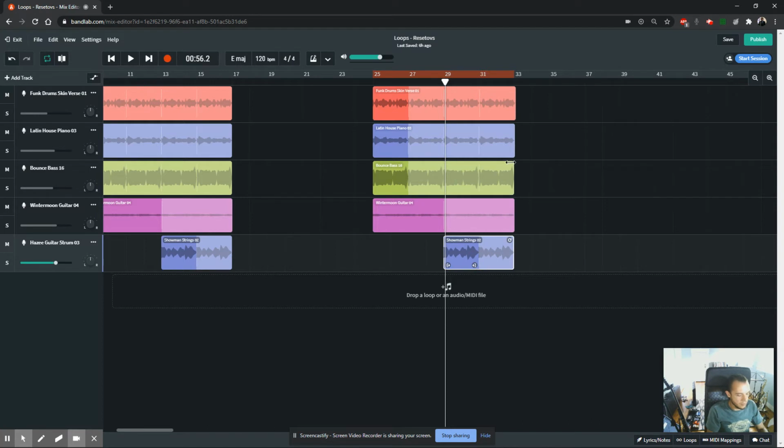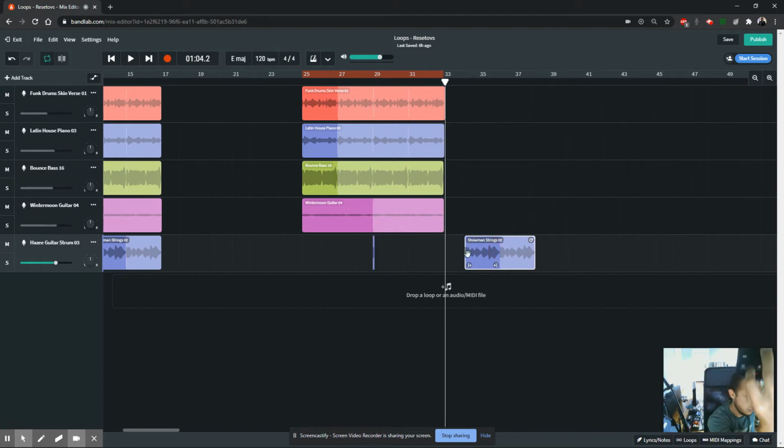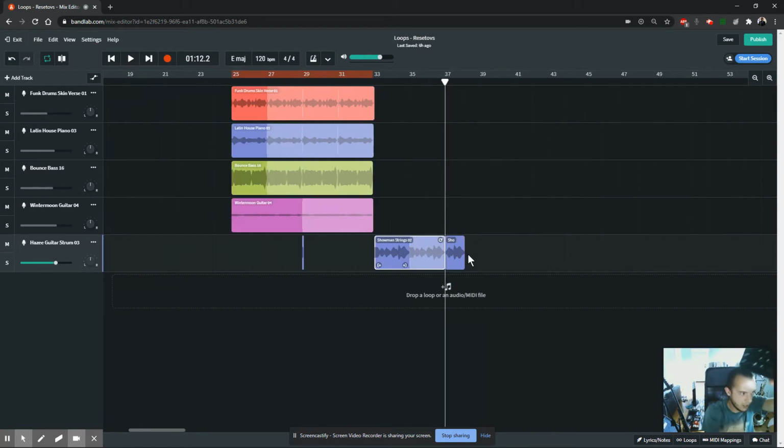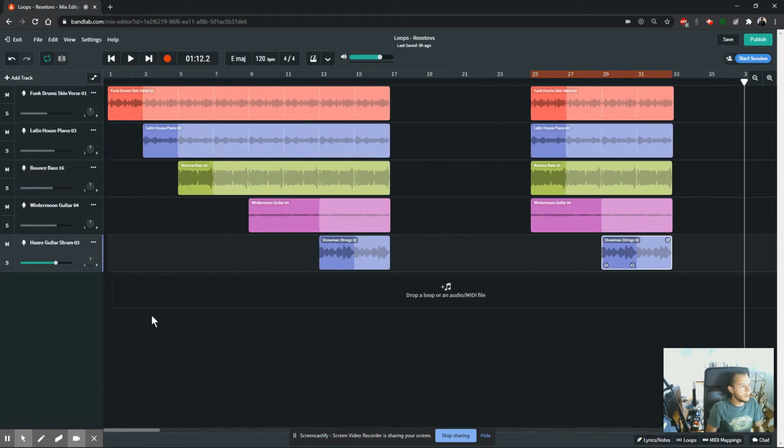And another thing you can do is Control C, and then Control V, and it will make a new copy. Again, Control V, and you can see it makes a copy. You can move that. These are extras, so I'm just going to delete that, and I'm just going to place this right at the end. So now if we look at this, we have section A, where it introduces the instruments,